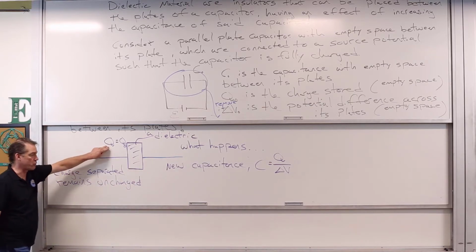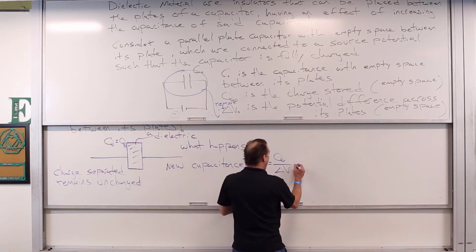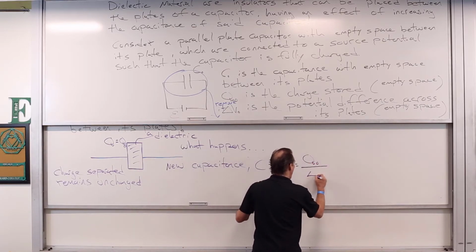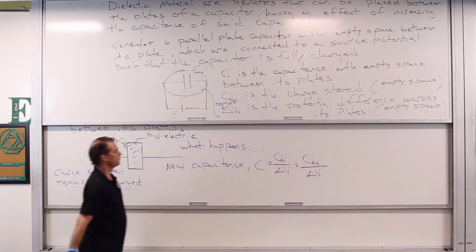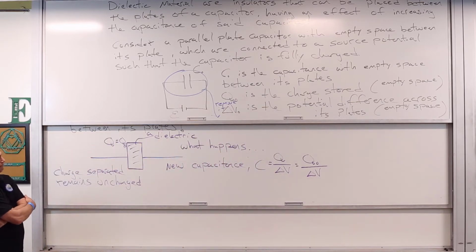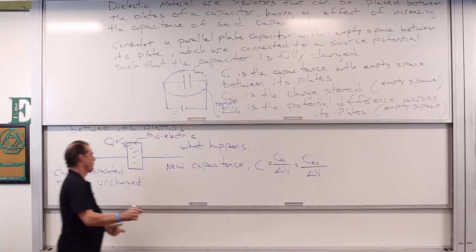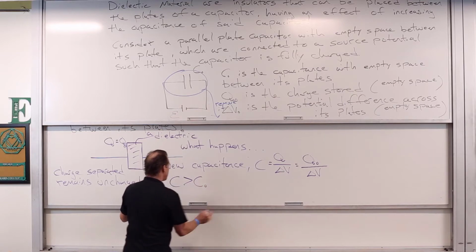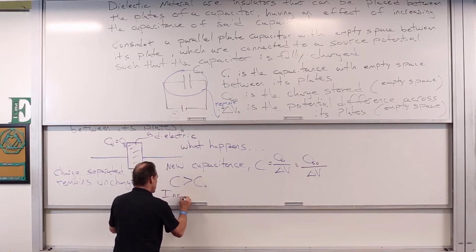That's not being redistributed. So this new capacitance has to be equal to Q0 divided by some delta V. All right, that's great. Well, we know C is going to be greater than C0. Increase